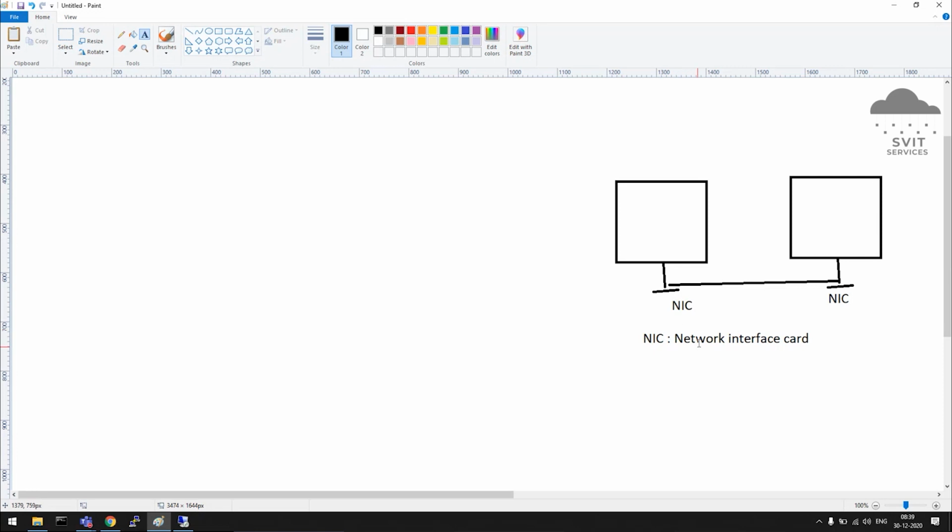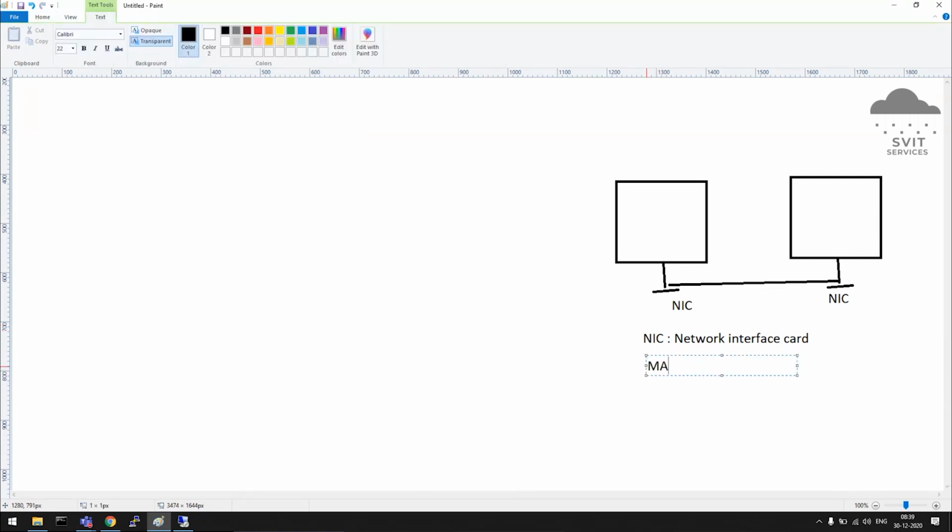Next one. If you see this NIC card, there will be one address called MAC address. Only computer students might be aware of it. Media access control. MAC address, it's in hexadecimal format.